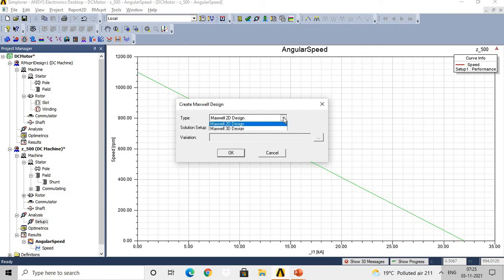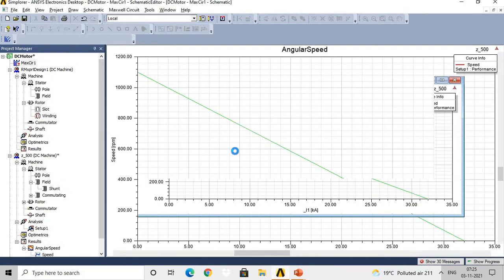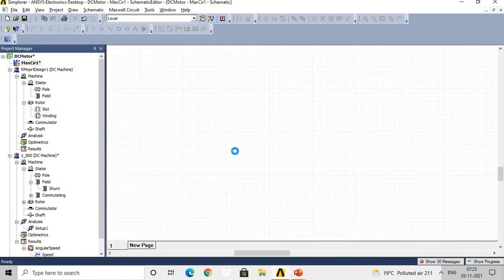Then there are options like create Maxwell 2D design, Maxwell 3D design, then setup and enter OK, so that the design will be converted into Maxwell 2D or Maxwell 3D parameters. So for example, I want to convert this design into the Maxwell 2D design. I will select Maxwell 2D design and click OK. Then it will take time to convert this design into the Maxwell 2D or 3D parameters, but your available design will be directly converted into the Maxwell 2D and 3D design.